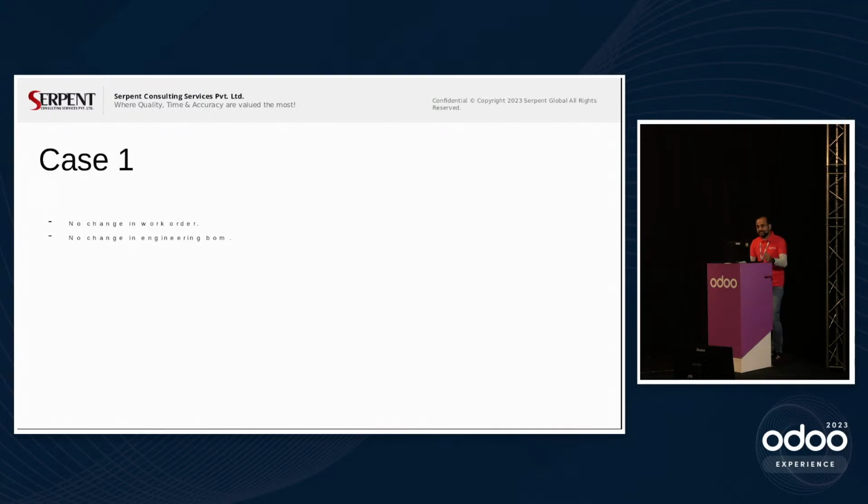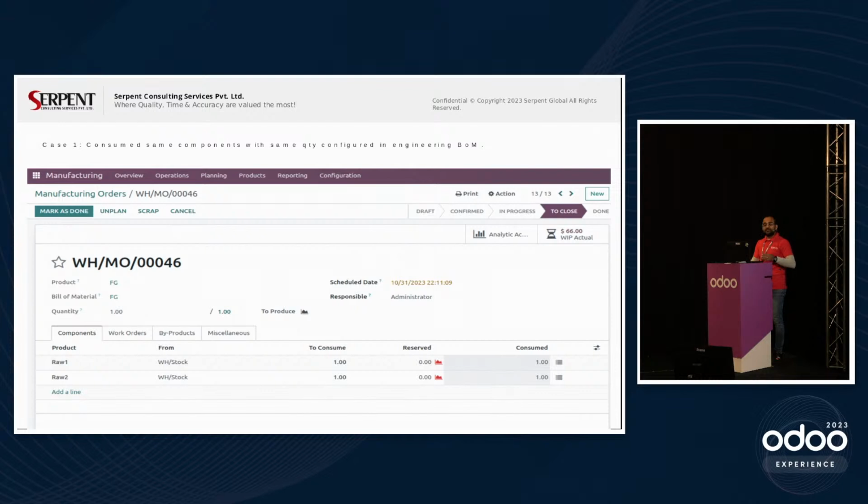Let's take case by case. We have a simplistic case when there is no change in a work order on the manufacturing side. Things are going smooth, not even a change order on the engineering side. We are good. Let's take a look at the process. We have one manufacturing order, a simple one, finished goods having two raw materials. Items are very much in stock. I was supposed to consume one each of raw material 1 and raw material 2.